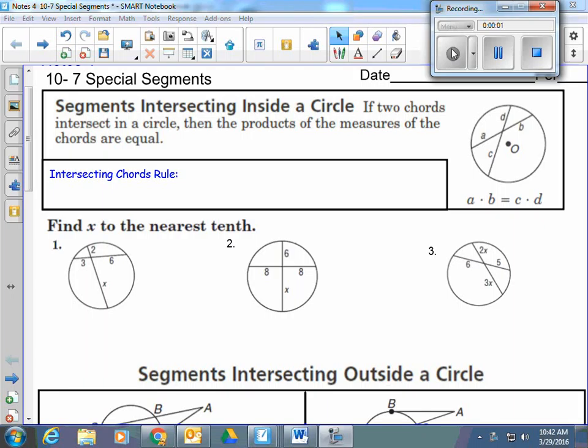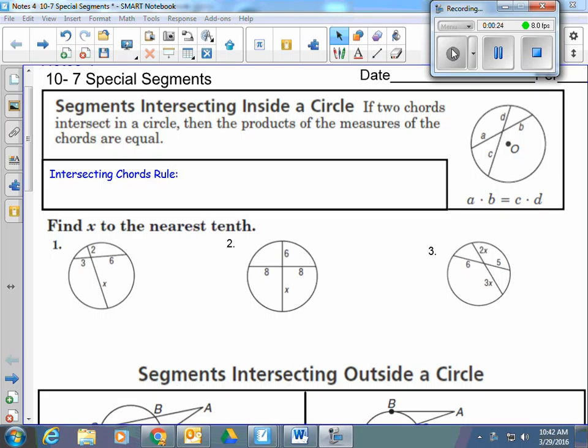Point is, we've been talking about arcs and angles, correct? Okay? We've been talking about arcs and angles. Last Thursday we talked about some tangent stuff, didn't we? But we were talking about the lengths of the segments. Remember, we were doing Pythagorean theorem because we were finding those lengths of the sides. Everybody good with that? Now we're going to talk about these chords, and we're talking about the lengths of those